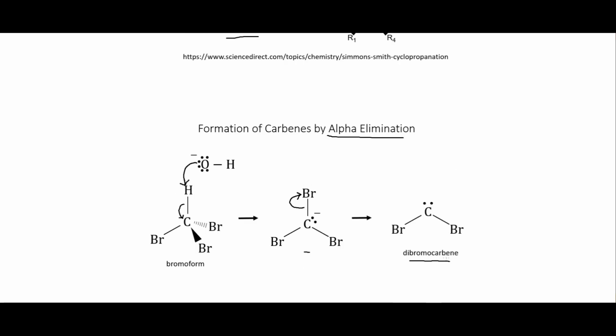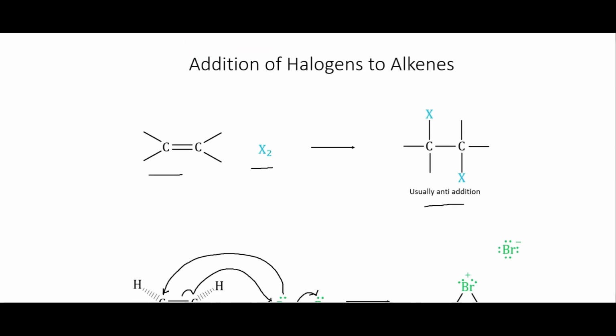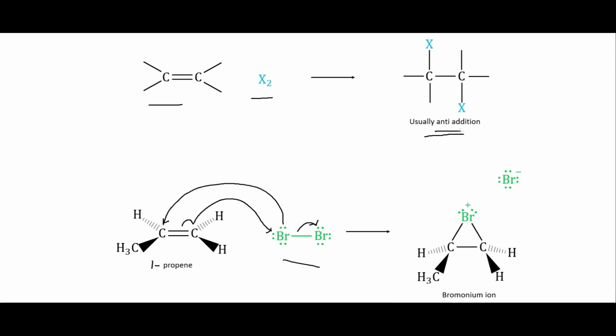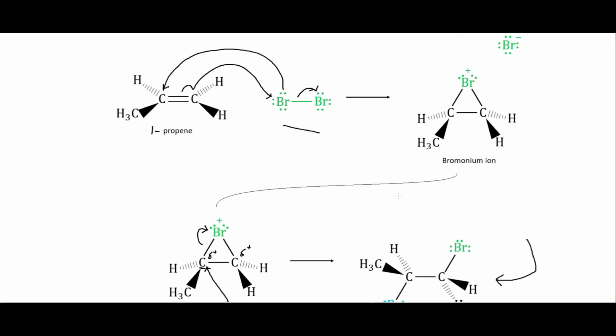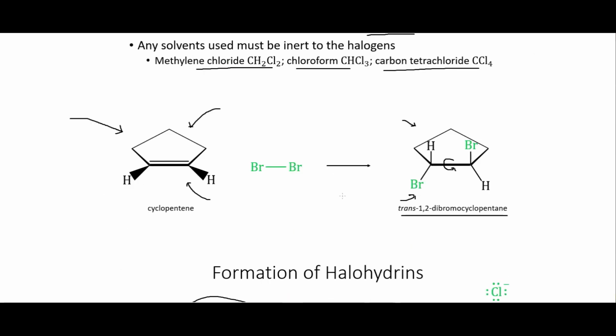But anyway, that was what I wanted to talk about in this video. Again, just to sum up, we did the addition of the halogens to alkenes, and so we had the anti-addition here because we are forming this halonium ion, in this case the bromonium ion. Then the other bromide is going to attack from the bottom in an SN2 reaction, and so we end up with this right here. And if we're doing this on something that's rigid, where we can't just rotate around that single bond, such as a cyclopentene, then we will get the trans